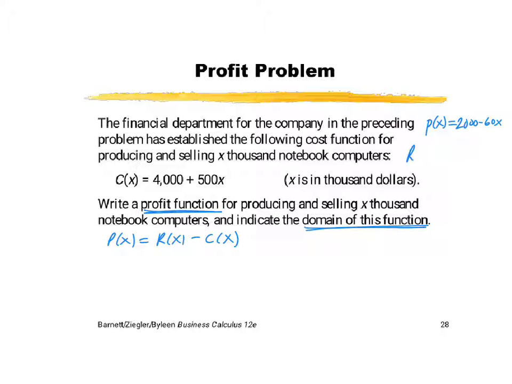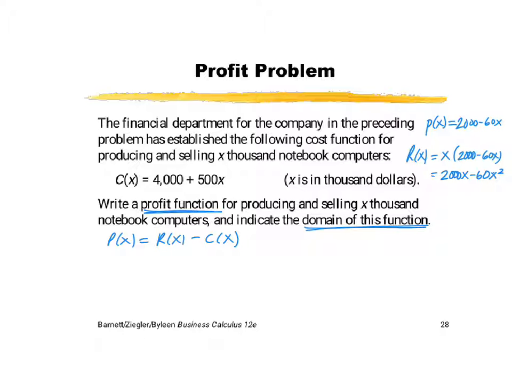We found our revenue function from that, which was just equal to the number of items sold times the price demand. So we had x times (2,000 minus 60x), and so revenue was 2,000x minus 60x